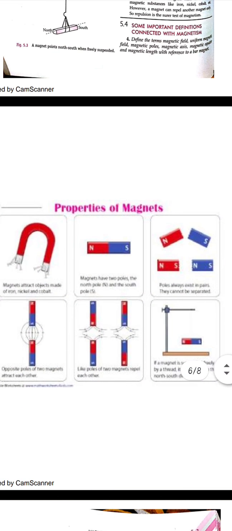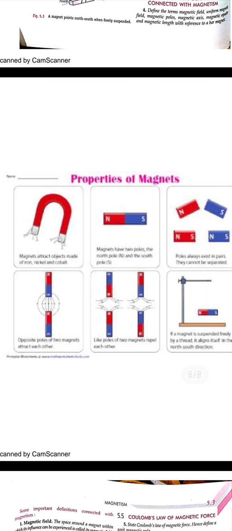You can see here also that magnets attract magnetic substances, which have the magnetic property. Similarly, they have two poles named north and south, and we know the property that similar poles, that is the same poles, repel each other and different poles attract each other. Okay,